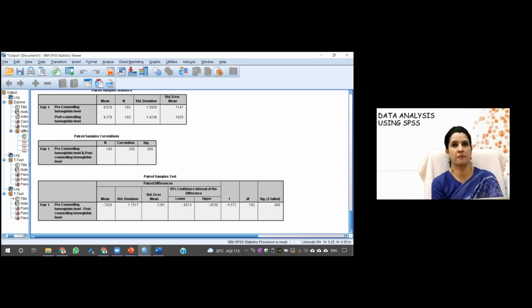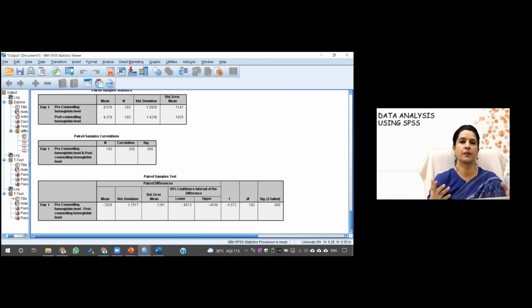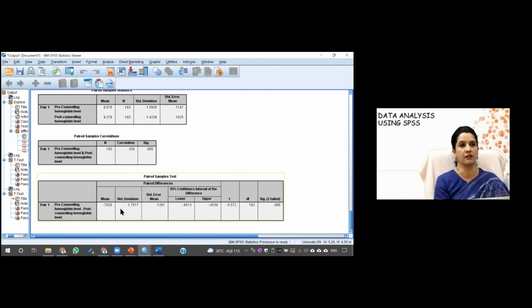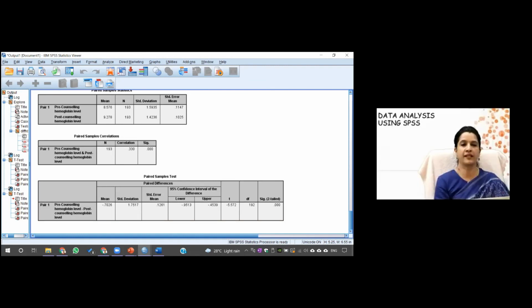Yes, ma'am. So, ma'am, we can say that it's up to us what we want to keep in variable 1 and variable 2. Yes, it's our choice entirely. Absolutely, it's your choice, depending on your outcome, whether you expect it to decrease or increase. Or even if whatever you do, you can just change the sign here, like we did for the ANOVA. Like t here, you can see it is negative. So you will just reverse the sign. It will be positive. So if it is clear to everyone, then we'll go to the breakout room.